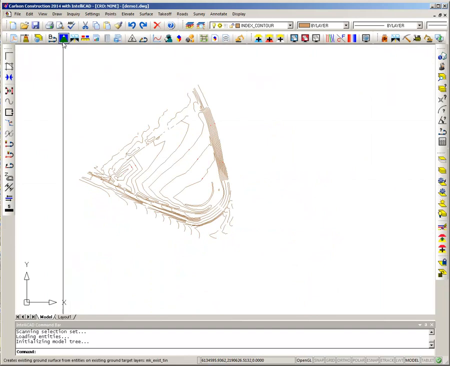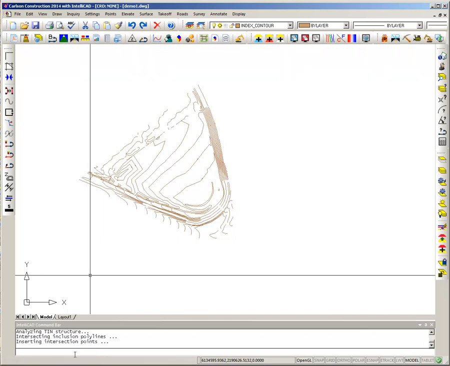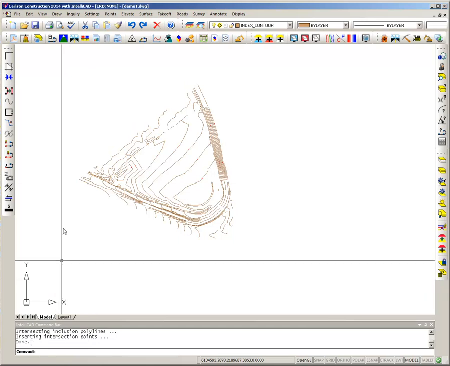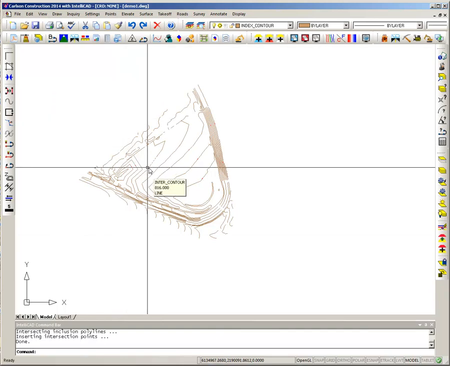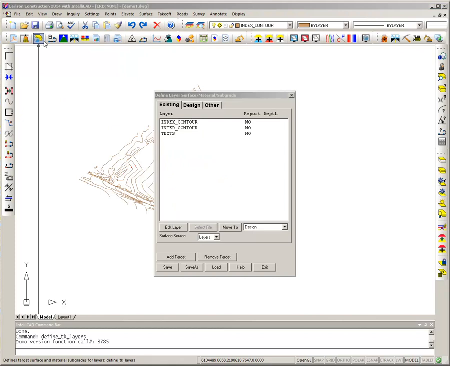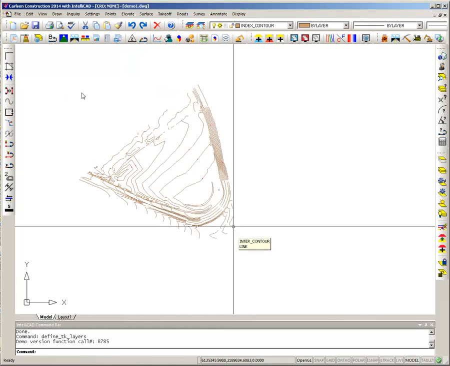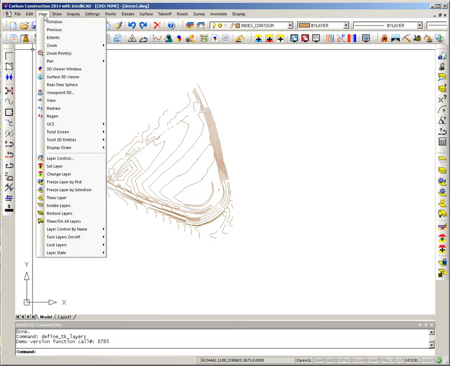And that's just the next icon next to set boundary polyline: make the existing ground surface. Okay, and it says done. And so what make existing ground surface does is it makes a 3D model of the layers that I've called existing from this list. If I want to look at that model, I can go to View, Surface 3D Viewer,